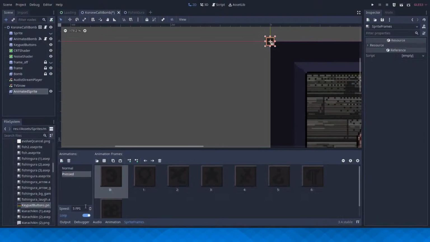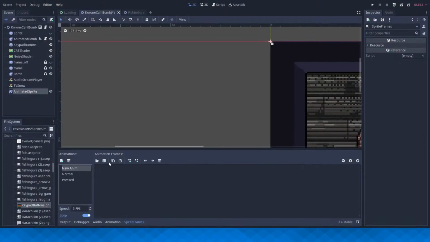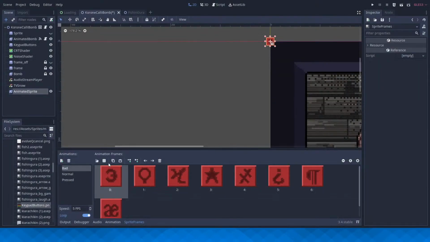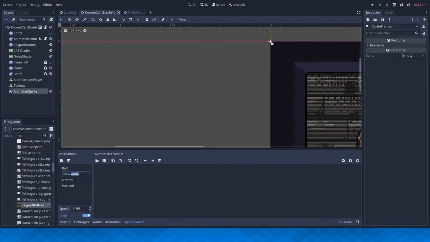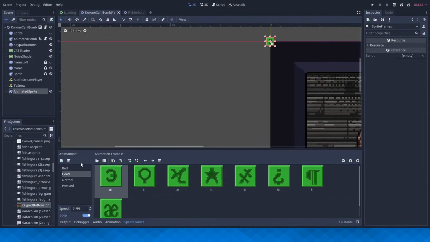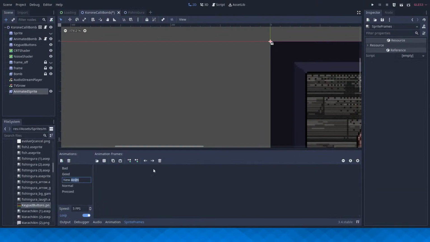Right, add 8 frames. Now do the same thing again for let's call it bad. And again, call this one good. And let's call the last one brown.